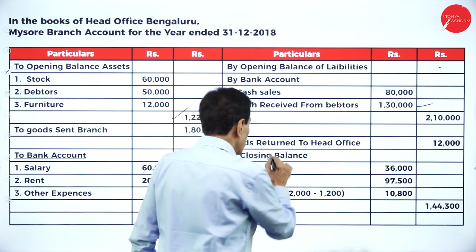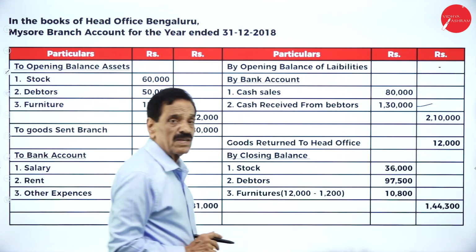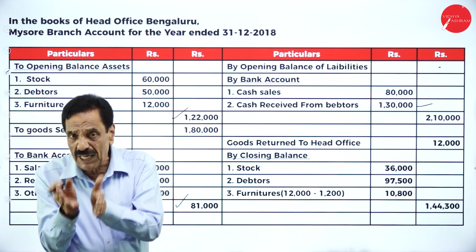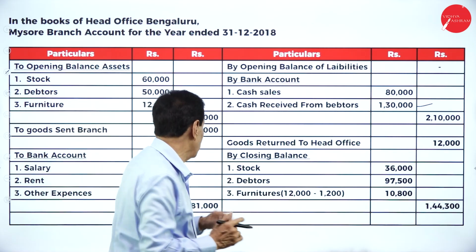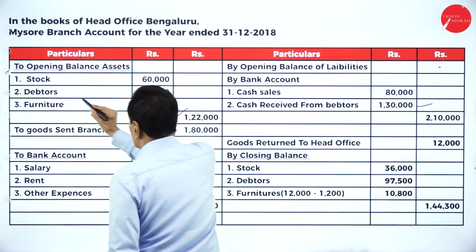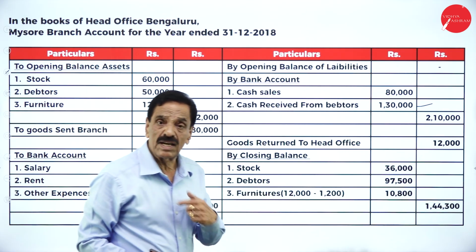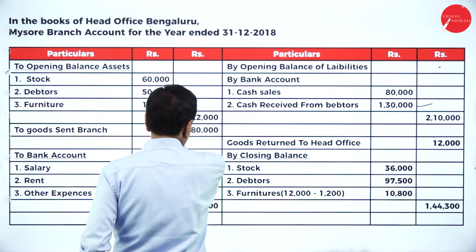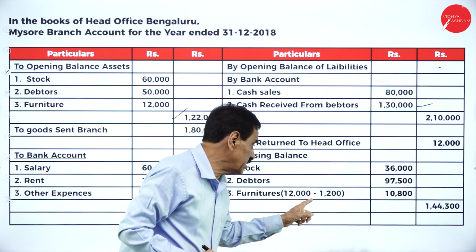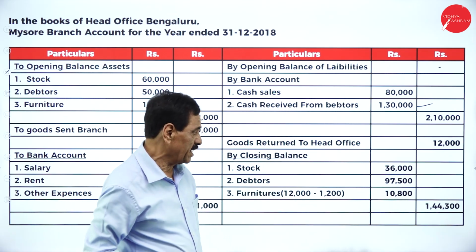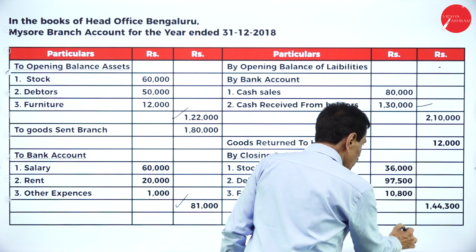Now come back to goods returned to head office. Some of the goods is not up to the mark. It's the goods returned by the branch to head office. Closing balance. You got opening stock is given, closing stock is then opening debtor, closing debtor we calculated. Your furniture value is how much? 12,000. 10% of furniture is 1,200. Amount available is 10,800. If we add all this, it will come to